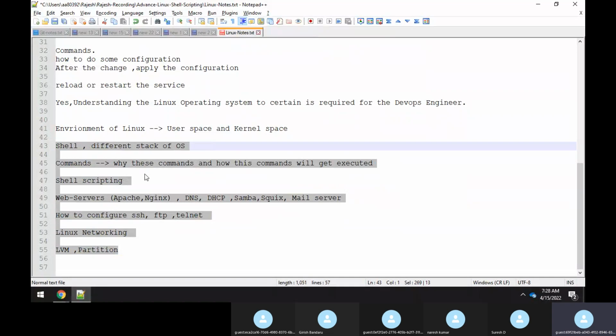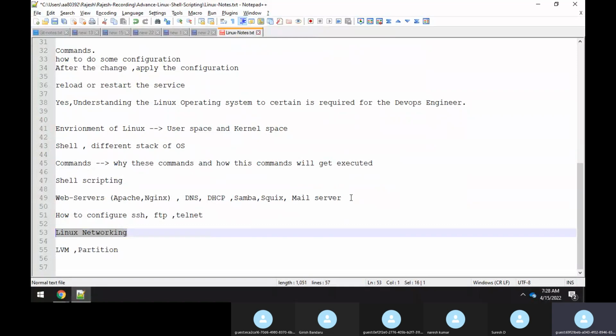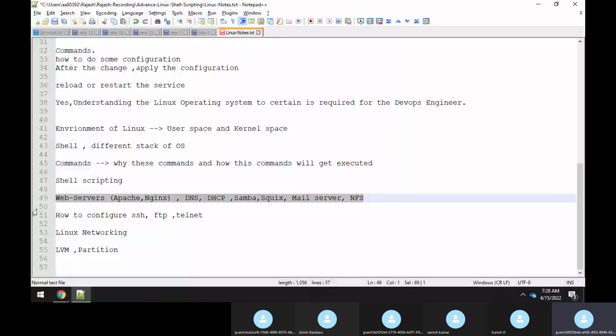If you ask any DevOps engineer, he should know about the networking part very well. He should know about different kinds of servers. Even though as a DevOps engineer you might not be using DNS, you should still know how internet DNS works, or have a very basic understanding of DNS, DHCP server, NIS server, and NFS server also. You should have some basic knowledge. I'm not expecting expertise in each and every service, these different server-level applications, but if somebody asks what a Samba server is, you should be able to tell something. Okay, this is what the Samba server is. That's what it is.